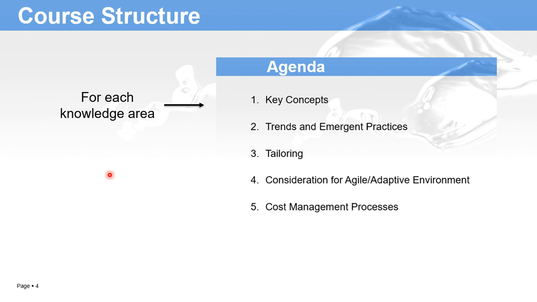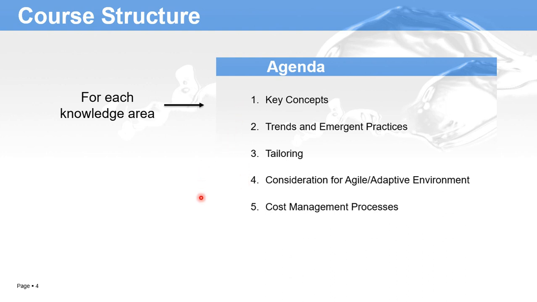For each knowledge area we will define and illustrate the key concepts, and then trends and emerging practices, tailoring, and considerations for agile and adaptive environments. Actually, these 4 parts represent new sections in the PMBOK guide. So we will start each knowledge area by illustrating and discussing these new 4 sections in the PMBOK guide,